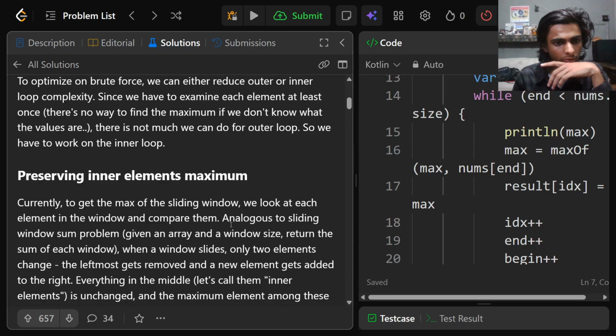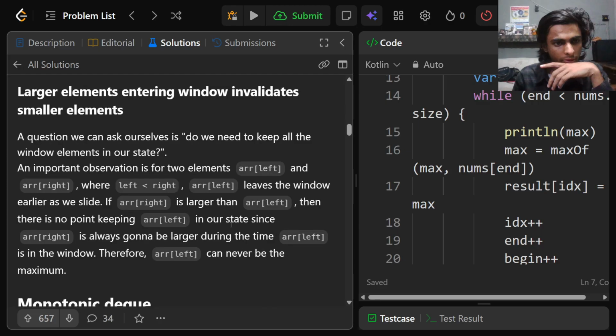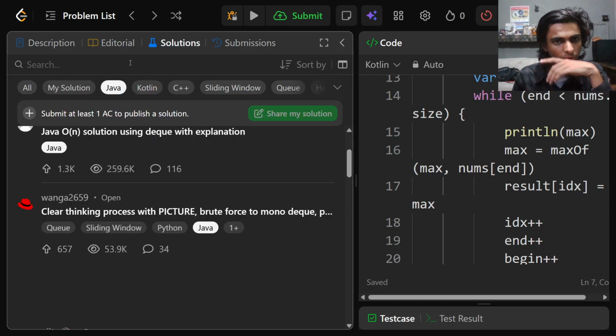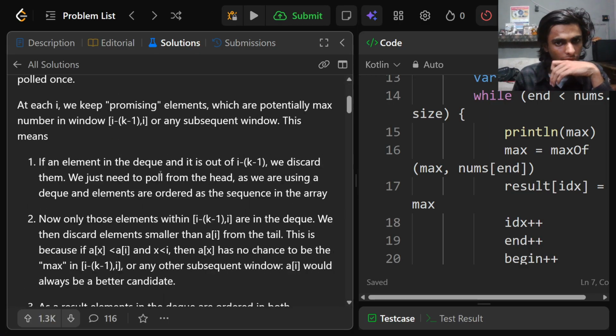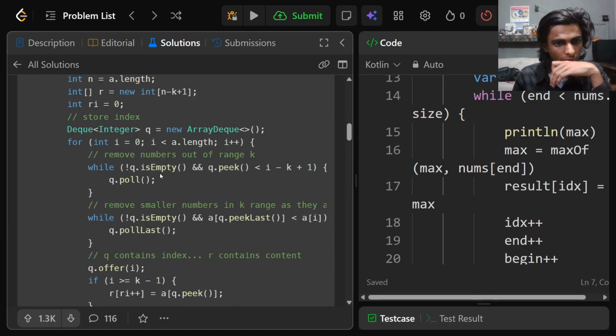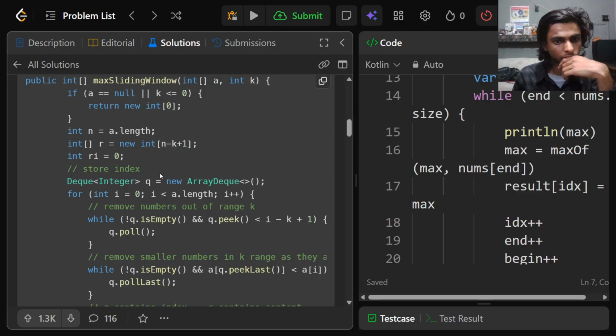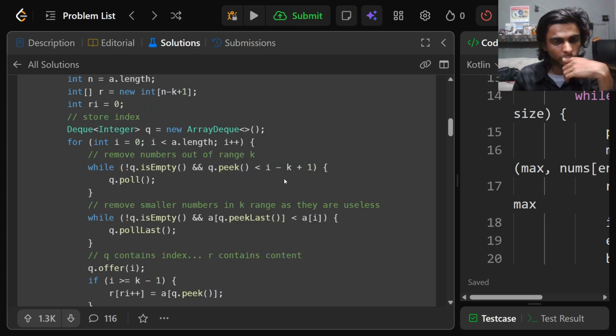We can either reduce, balance, binary search. The queue is not empty, q dot peek is smaller than,